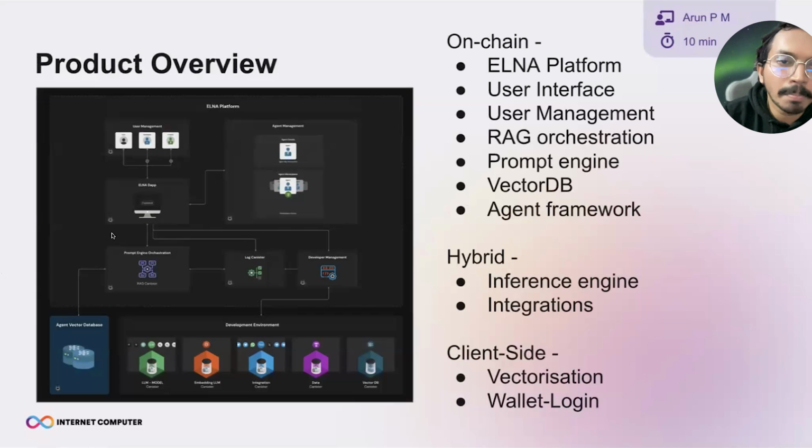We do have a multiple canister architecture where we have the user management and agent management canister, where we list the user data and the developer information. If anybody is listing their own inference engine, they can host it in their own canisters, and they will have a listing canister where we manage the listing of multiple other tools. We also have our own tools like the vector database and inference engine. All the tools come under the developer ecosystem.